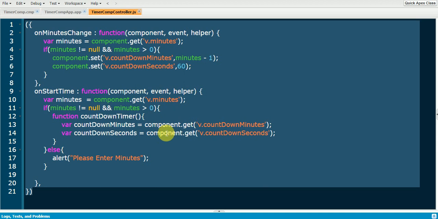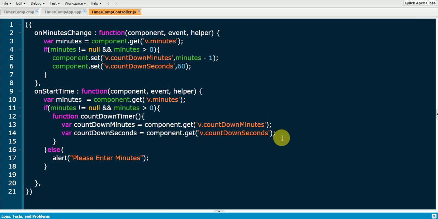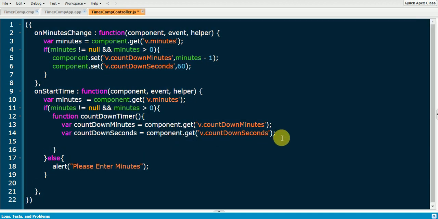So go back to the developer console. Here I'm going to decrement the value. Before that, we are going to check if the countdown seconds value is equal to 0. If it is equal to 0, then we have to decrement the value of countdown minutes.